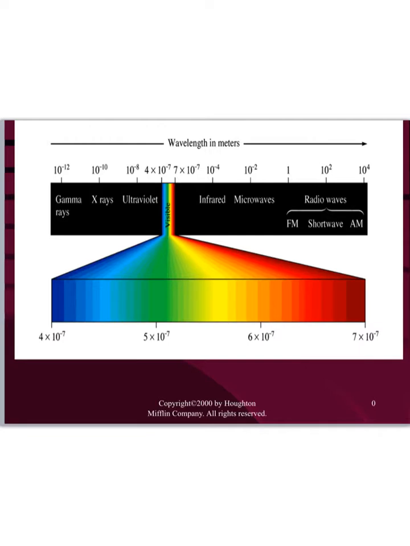All right? Now, if you remember your rainbow in the order of the colors, remember it's Roy G. Biv. Red, orange, yellow, green, blue, indigo, violet. And then,